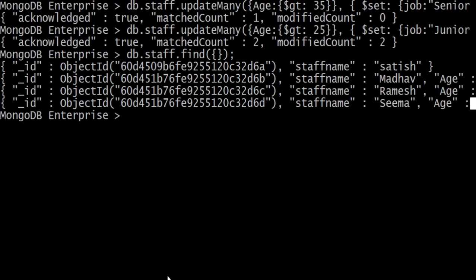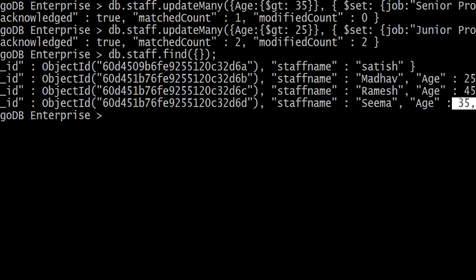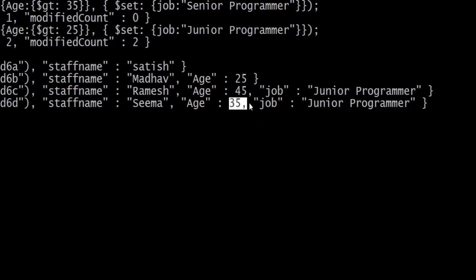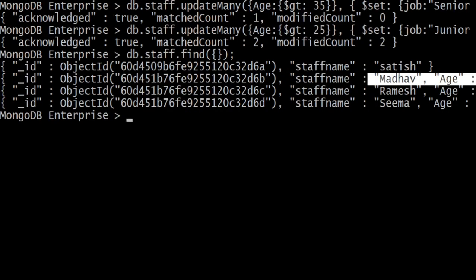Because we did not set greater than or equal to, we set only greater than. That's why those having an age of 45 and 35 are updated. So this age 35 record is not updated because we did not set the equal to operator. So this is the update command used to update the documents or records in MongoDB.